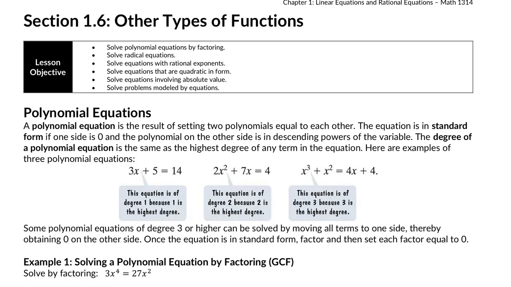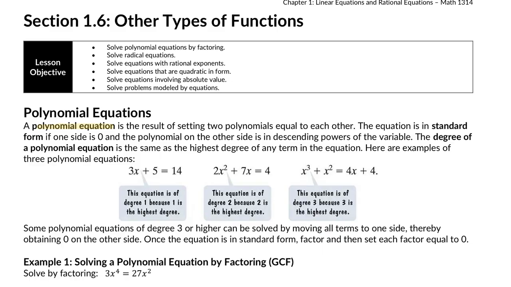Section 1.6 is all about solving other types of equations and other types of functions. Our first type of equation we're going to deal with is a polynomial equation. So a polynomial equation is the result of setting two polynomials equal to each other, usually the number 0 or